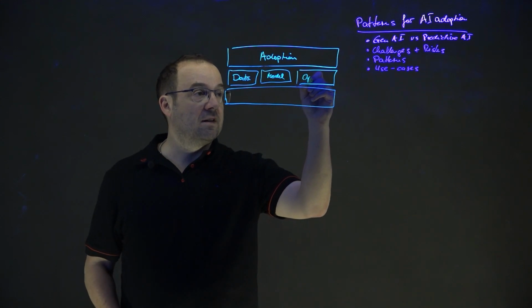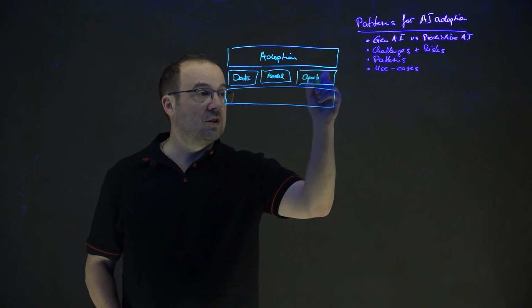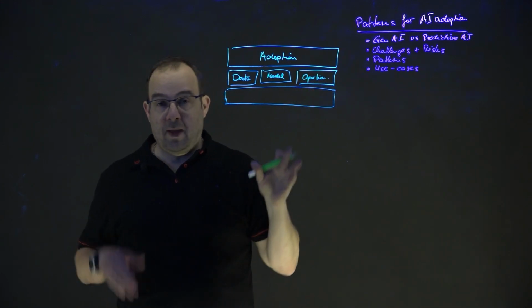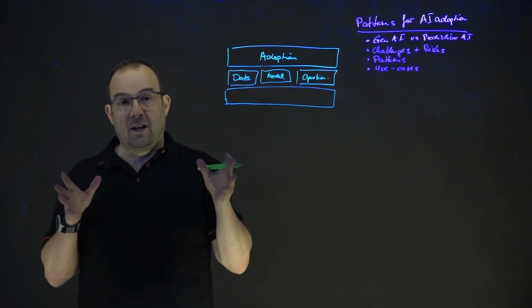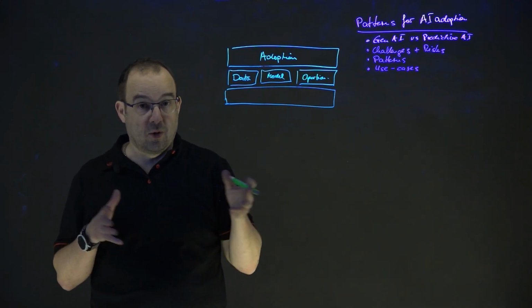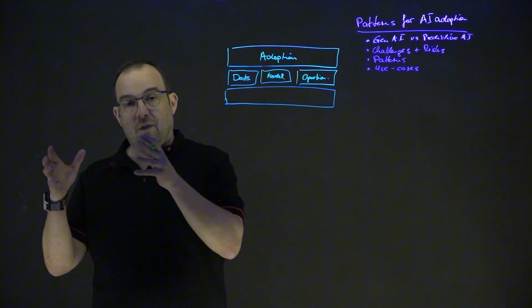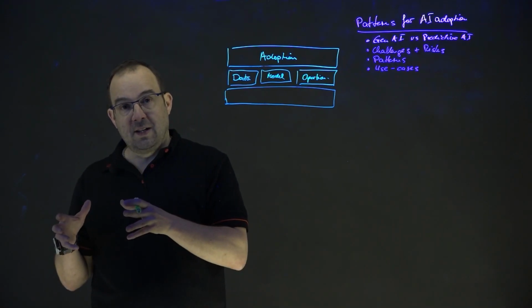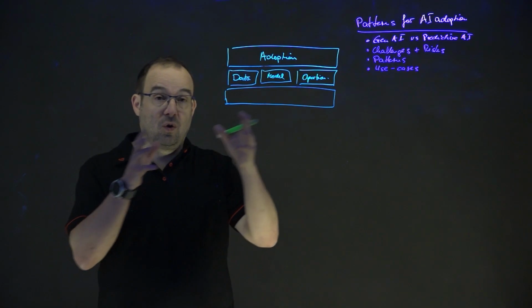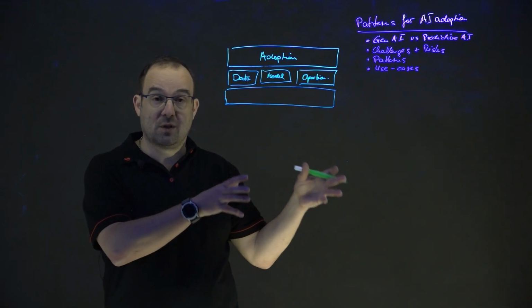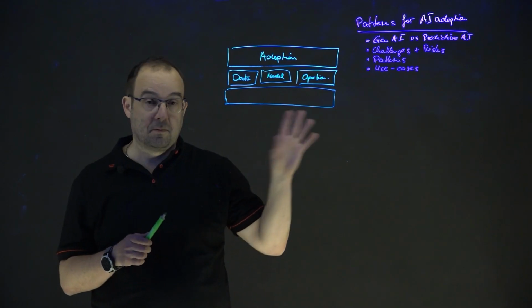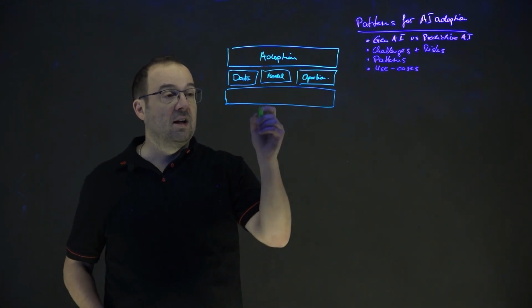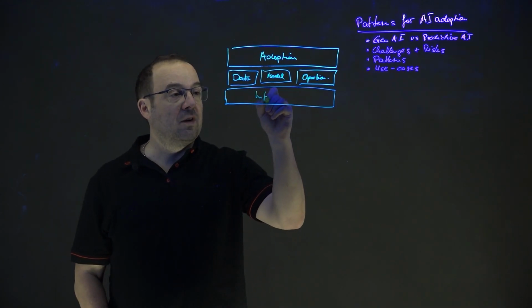And then we have as a next step the operationalisation patterns. This is all about how do I streamline the entire process, often called MLOps, machine learning operations, from model training and data preparation all the way to model monitoring and observability in terms of model drift and model performance at the edge or centrally.